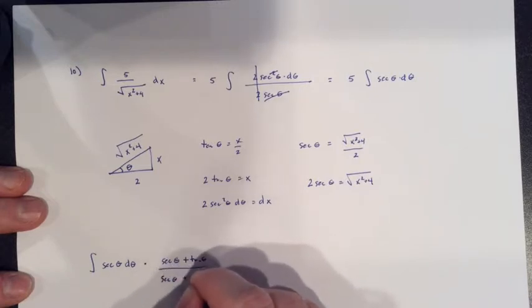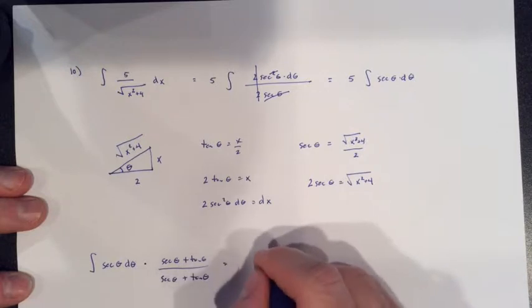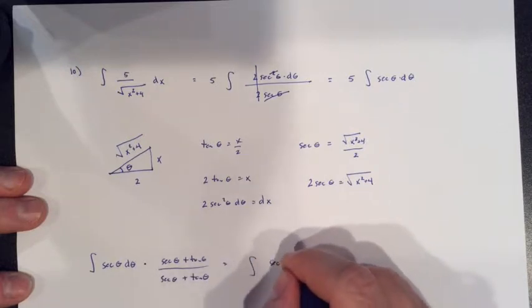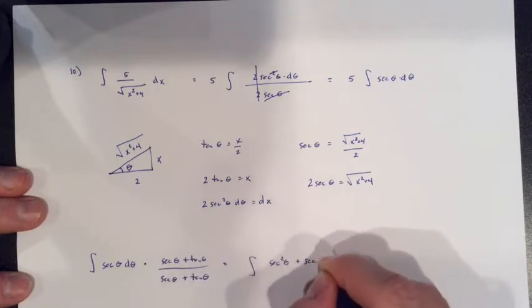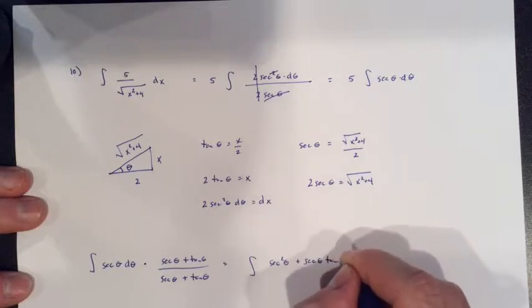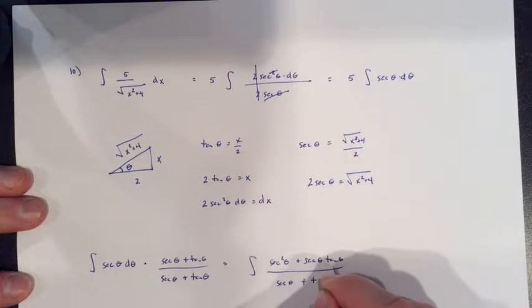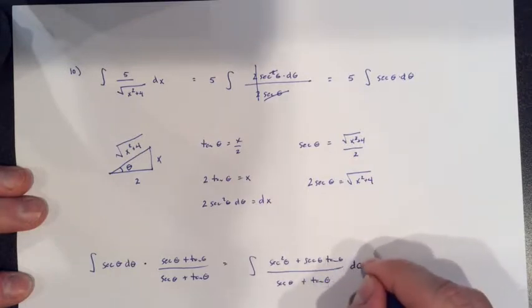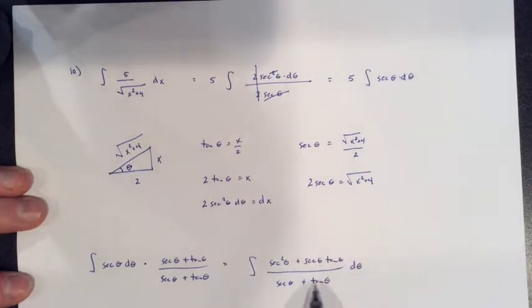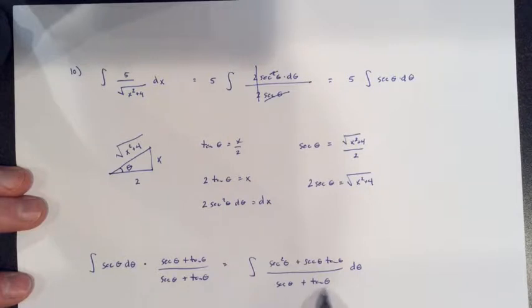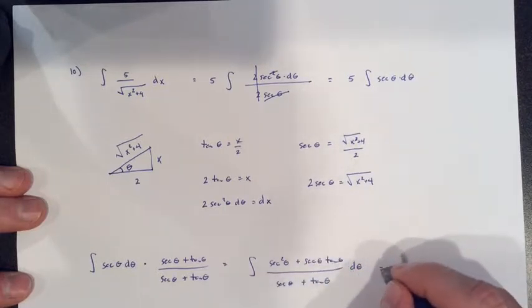And when you do that, you end up getting the integral of secant squared plus secant tangent all over secant plus tangent. And the nice thing, the reason we did that is because this is u, and there's its du. This is a u, and there's its du. So realistically, if this is u, du is right there. And all of this turns into